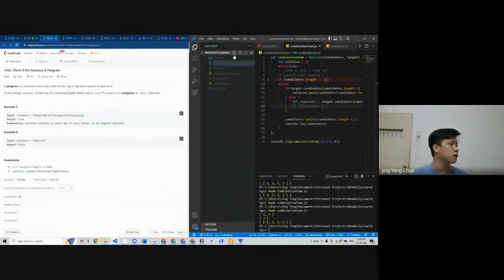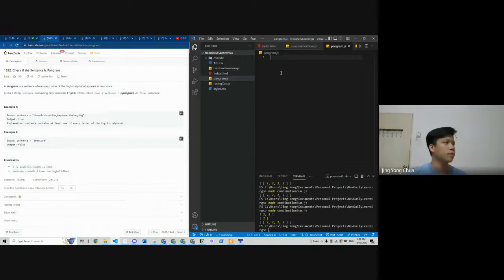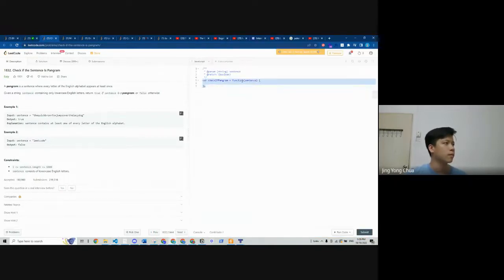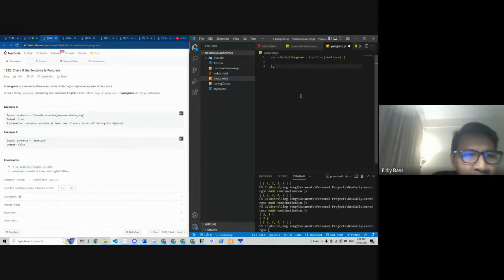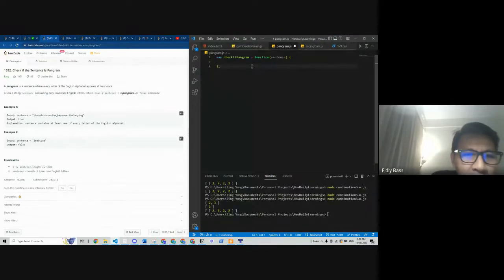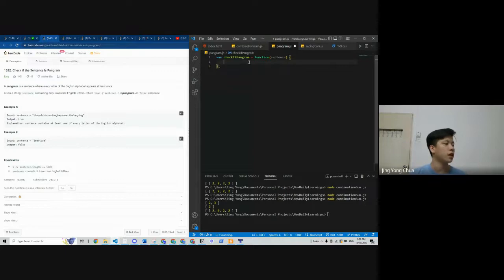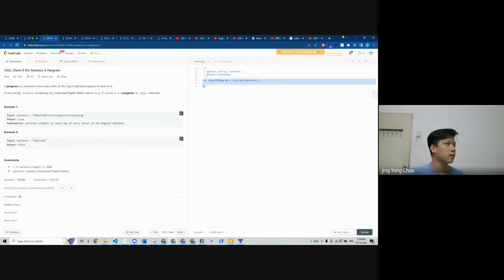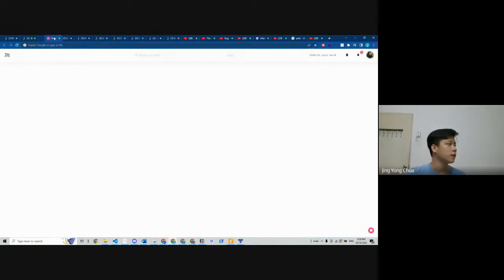Okay, so this is every letter, pangram. Every letter of the English alphabet. So we need to check if the letters exist between A to Z. Right, that means we need to cycle through and check through each one of the letters.